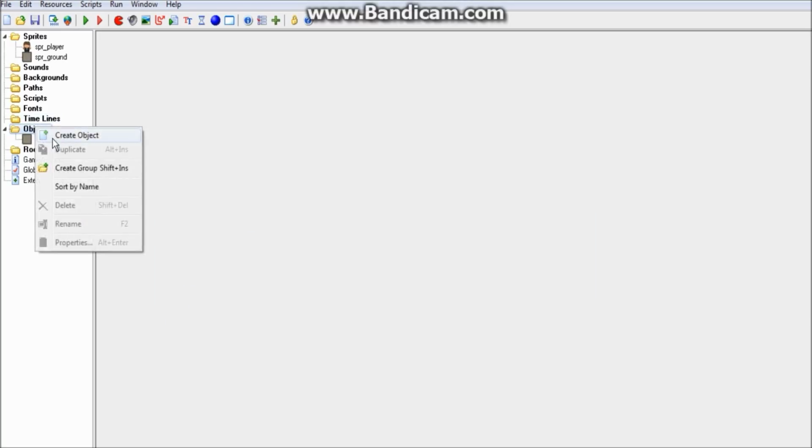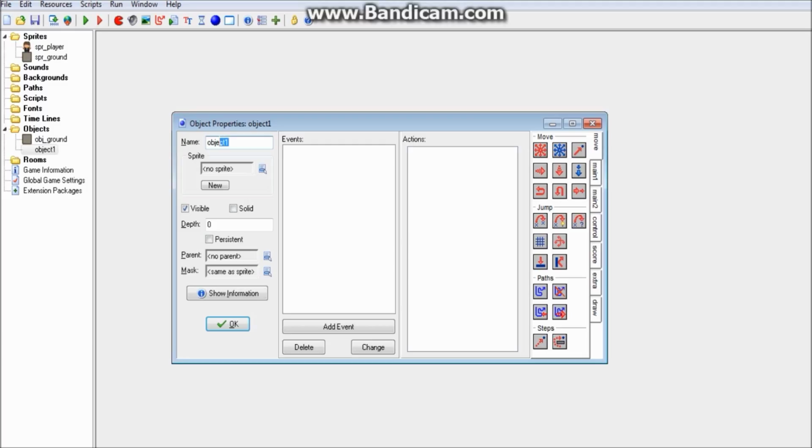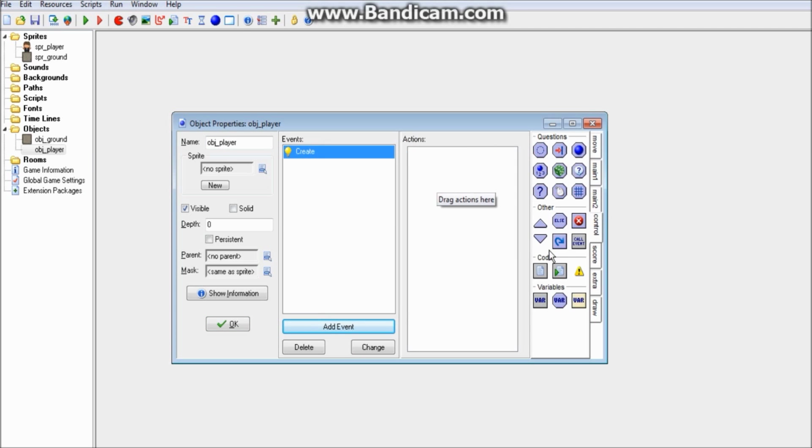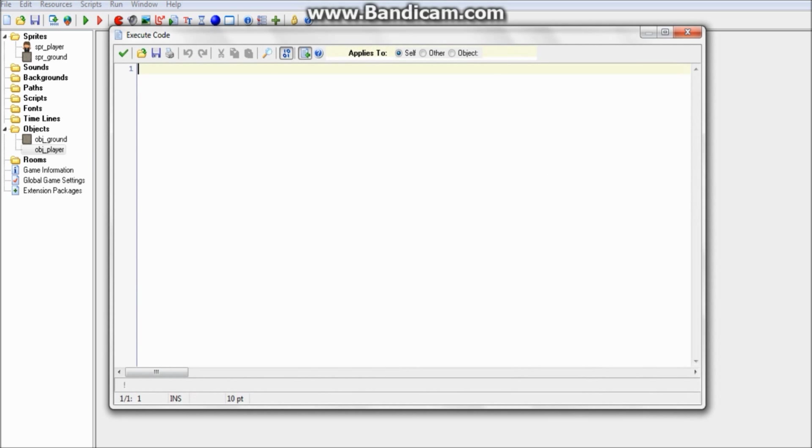Another object we need to make is the player, and that's the last object we're going to need to make, but this is going to be a little bit more complicated than just the wall. We're going to first have a create event, and we're going to add some important variables. We're going to do a little three slashes deal so we can title our code and call it important variables, because it's going to be where all the important variables we're going to need for this game are going